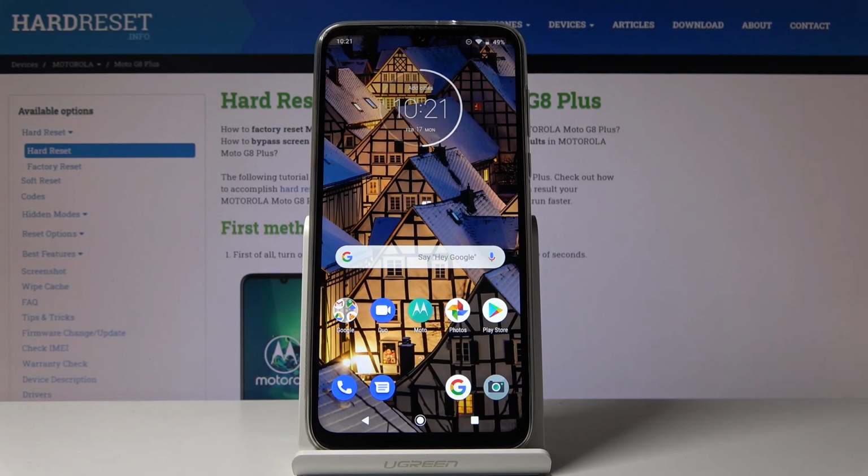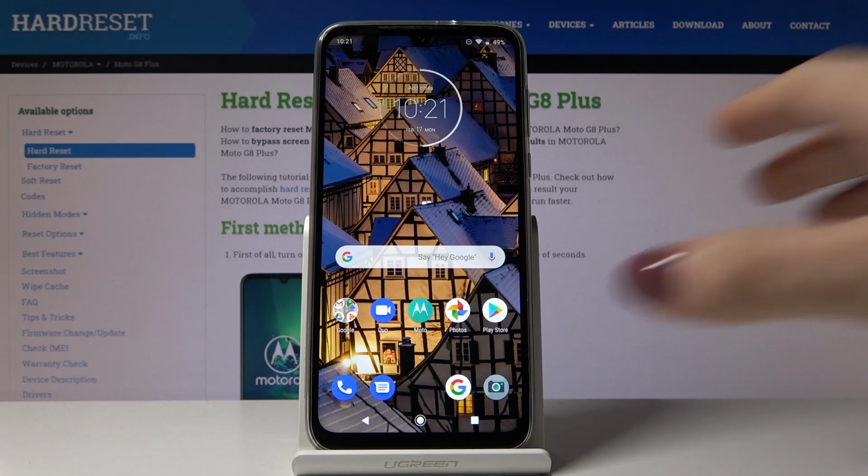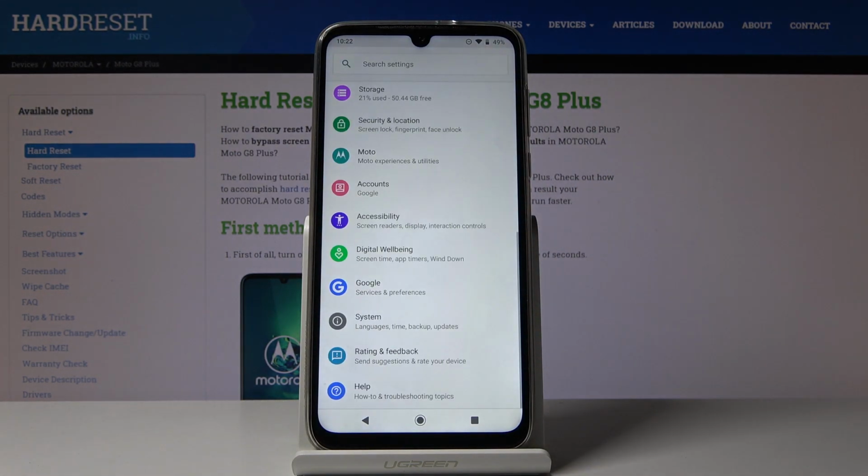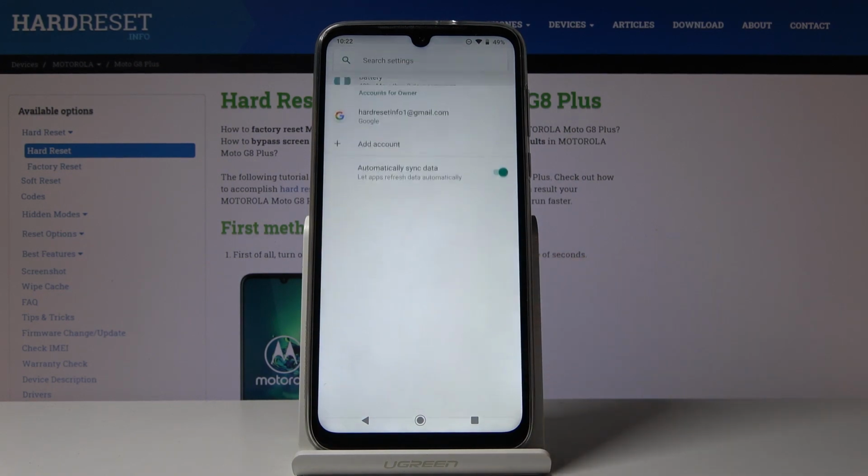Here I've got Motorola Moto G8 Plus, and let me show you how to add and remove Google account on the following device. So at first let's open the list of all applications, then find and select the settings. Now you have to locate and open accounts right here,